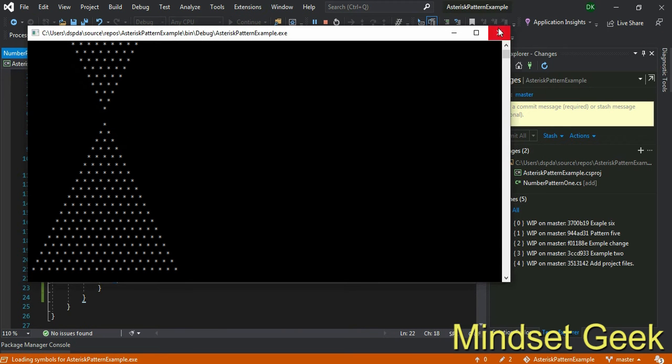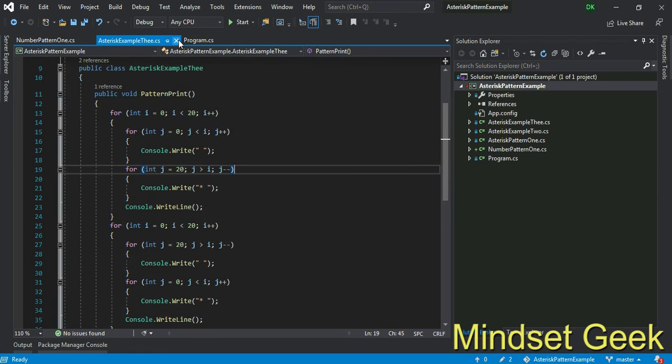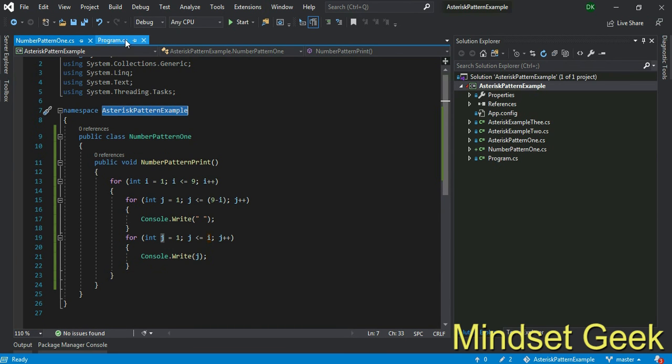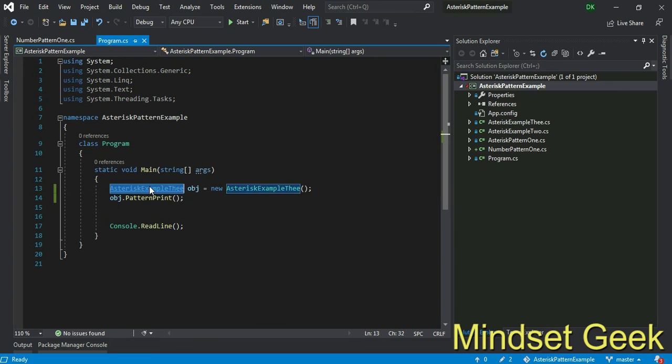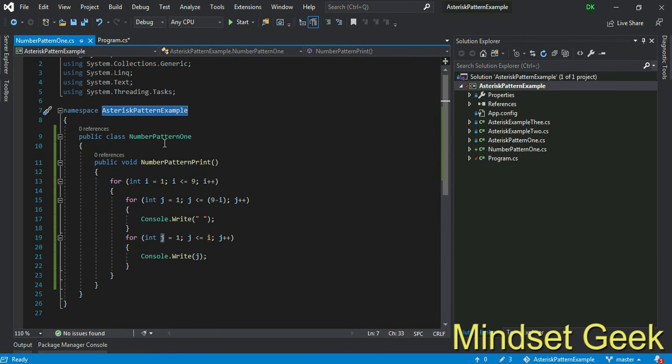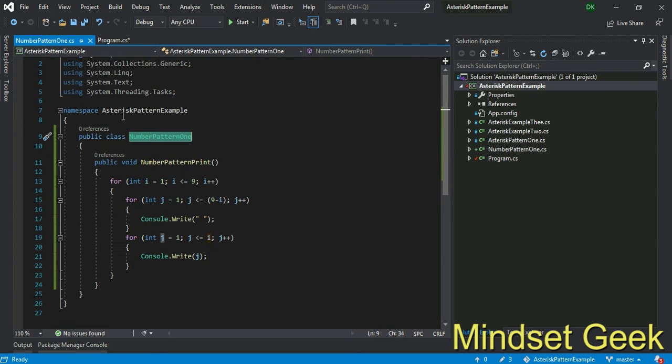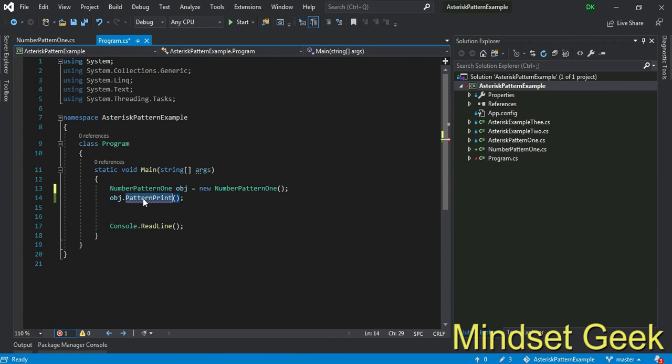Sorry, remove this one and make an object from this class and access the method with the class object name, right?